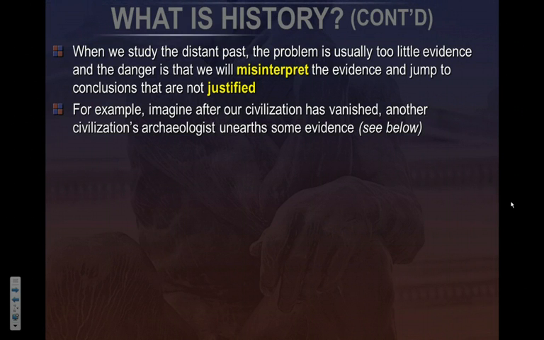We could misinterpret. So let's say you were in an archaeological dig and you dug up an artifact and you're like, oh, this must have belonged to that ancient society. Here's what I think it was for. Now imagine our current society is wiped out. Say a meteor hits the world. That's a dark thing for this morning, but let's say it does. And then some aliens come and start excavating the dig site. And they find an artifact. And they go, oh, I think I just found a ceremonial necklace of this culture.